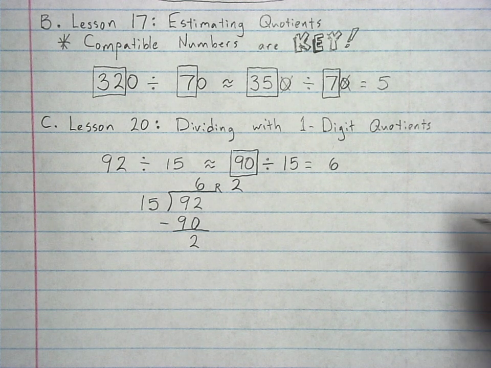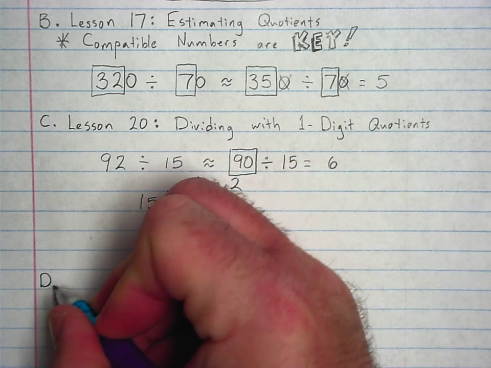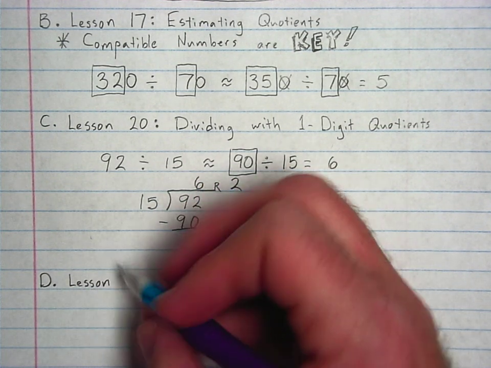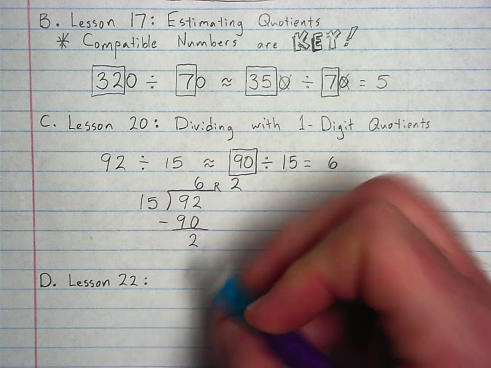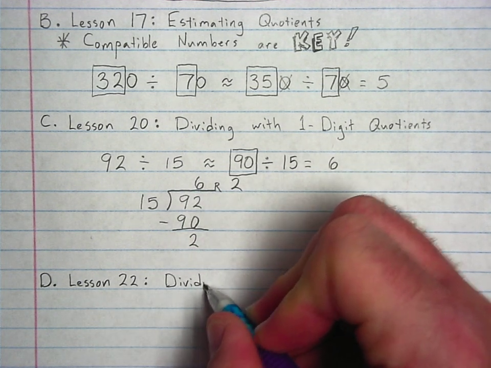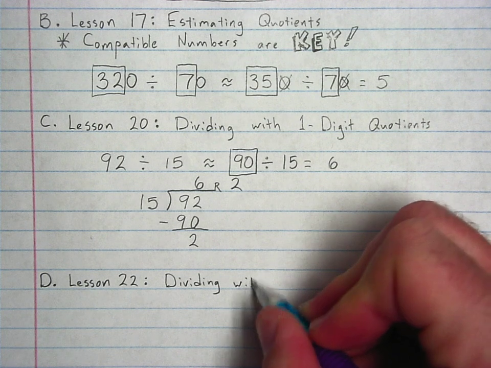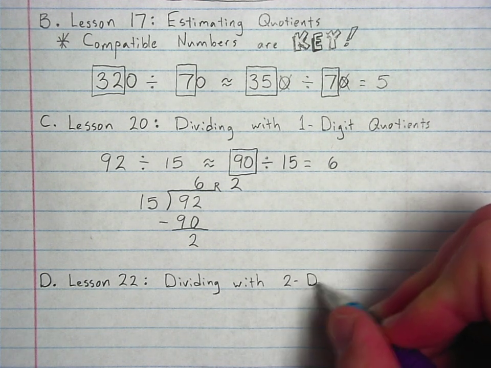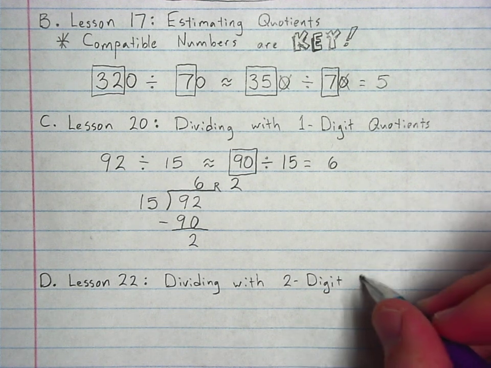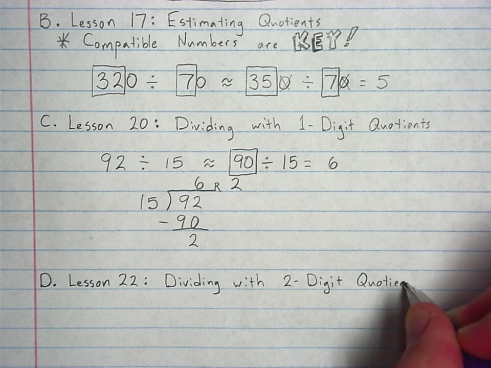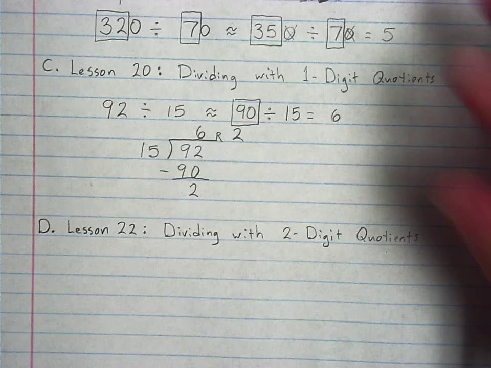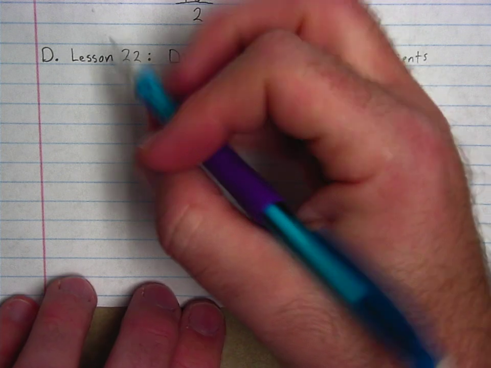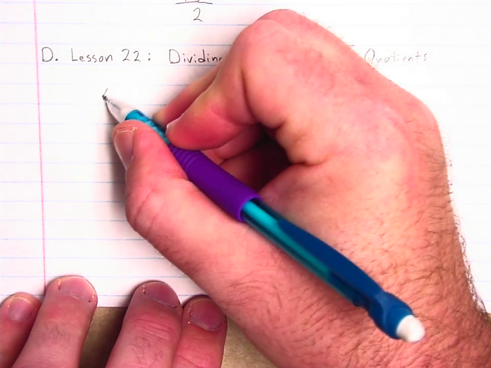Now, for the second lesson on division, jumping ahead to lesson 22, this time we're dividing with 2-digit quotients. So your answers are going to be a bit longer, not too bad, but a little longer. For this one, I'm not going to give you the answer right now. I'm not going to work this out right now, but I will give you a problem. Would you please take a look at